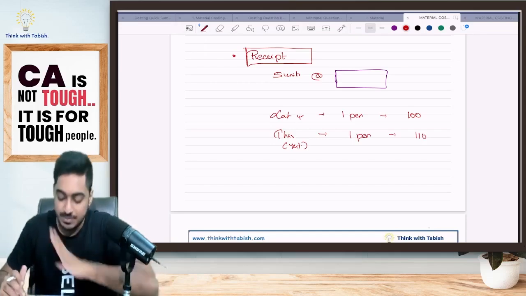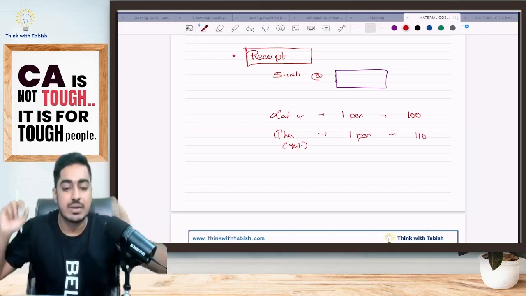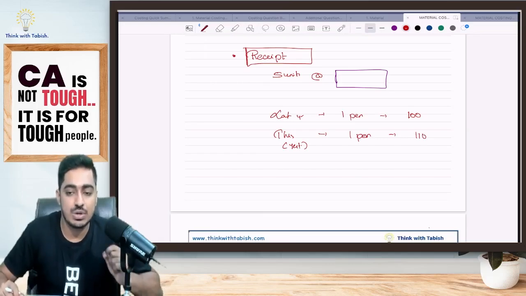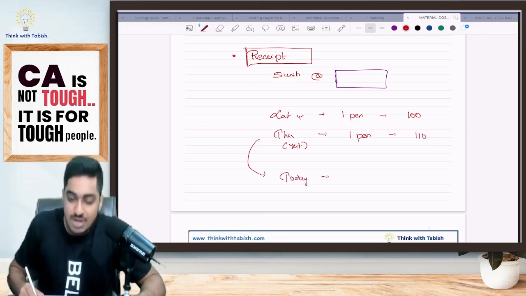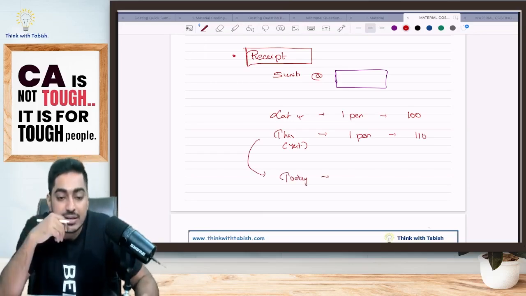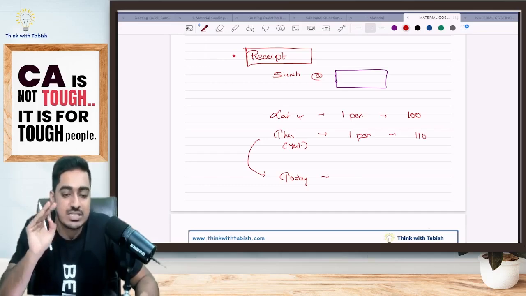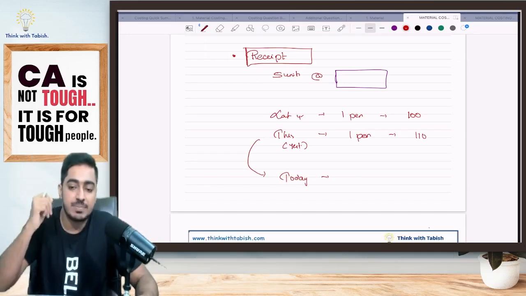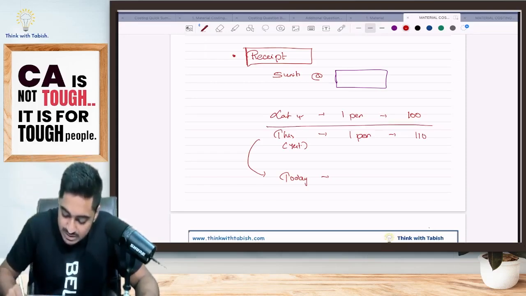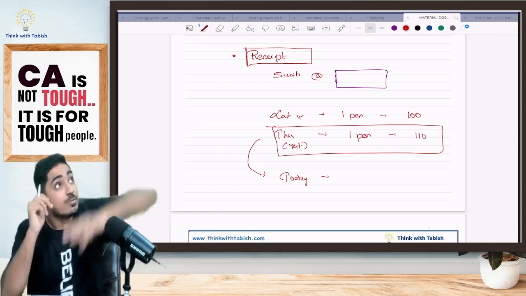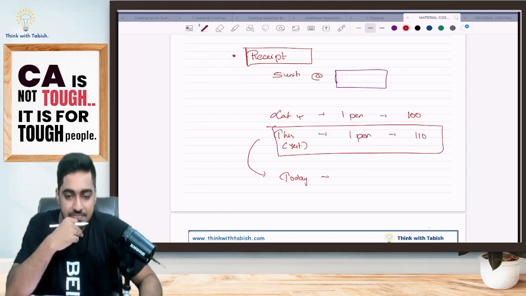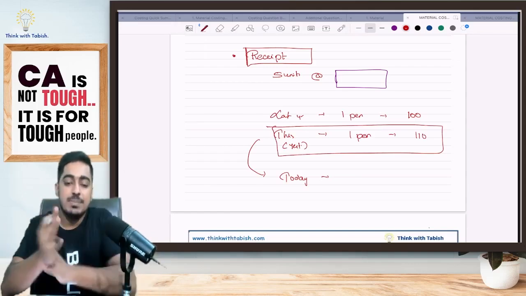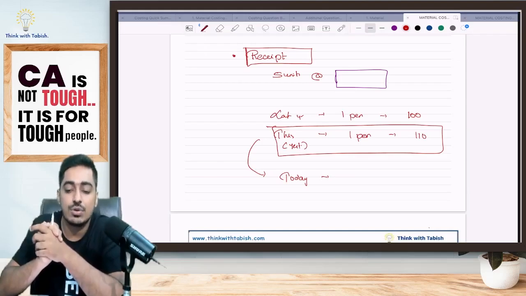Now you did not like the pen. You are returning me the pen. Which pen are you going to return? You came back today and tell me, boss, I had purchased one pen from you, I did not like it. While you are returning the pen, what will I assume? Is it the pen you purchased just yesterday, or the pen you purchased long ago, before 1947? What is the common understanding? Boss, if I do not like the product, I will return it immediately. Yes or no, everyone? Please give me a confirmation till here.